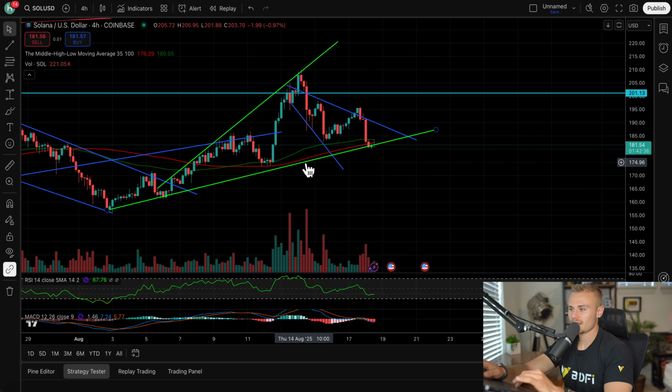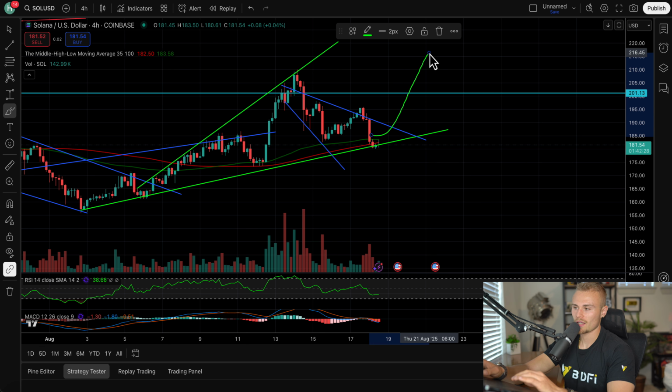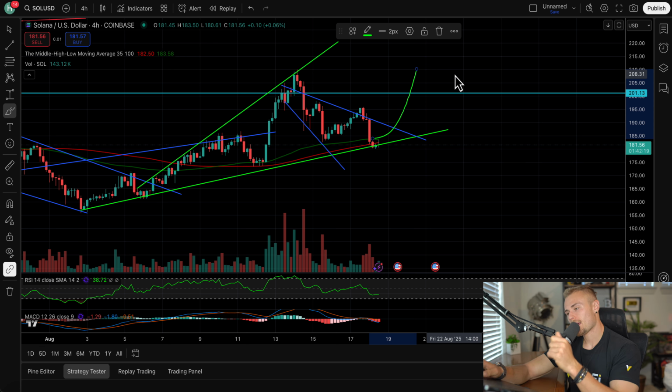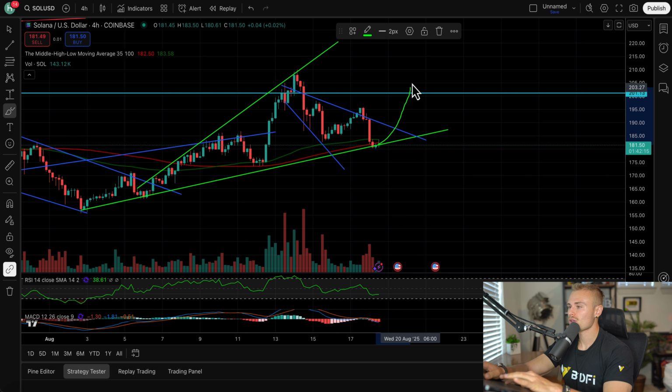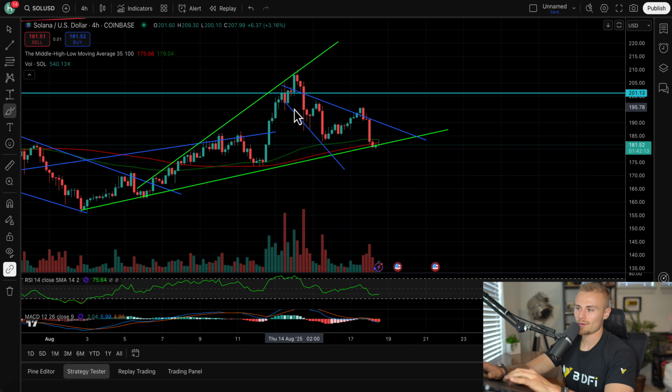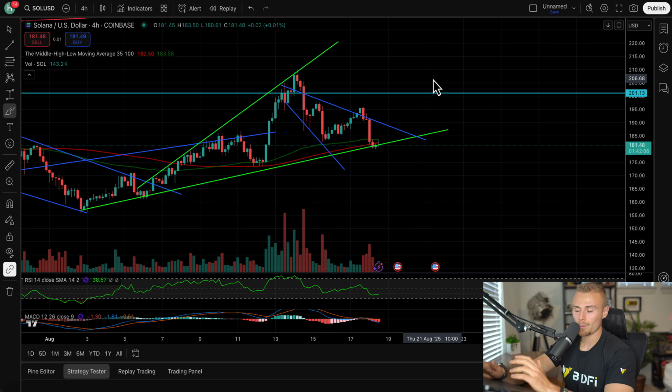If you ask me, I very likely think that a result of this bottom floor being retested is we're nearing oversold, nearing moving average, and nearing an uptrend, and this could cause the markets to swing back to the upside here. It looks phenomenal. If you ask me, that's very likely what I would suspect to see take place, is a big swing back to the upside, a catapult, I guess to say, to the upside here. So that's truly what I'm looking for, is a nice rebound. We're in this beautiful lower high, lower low pattern here. These typically break bullish, so we should expect to see a big swing back upwards here,